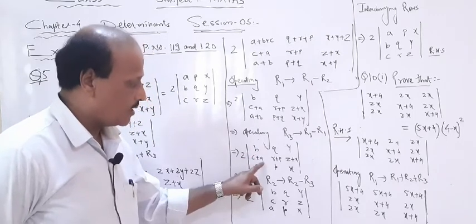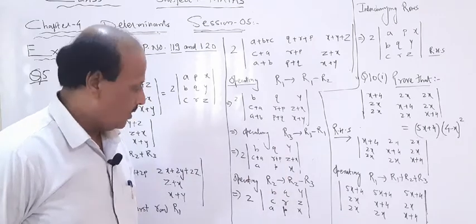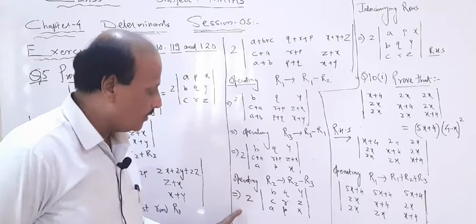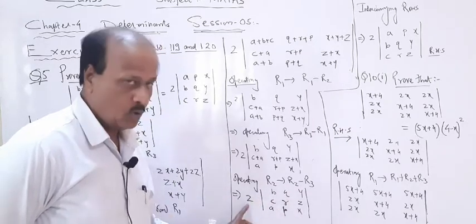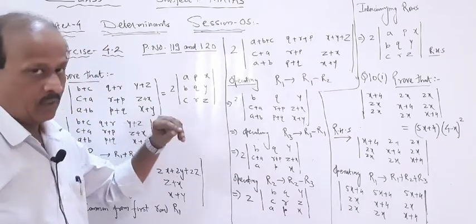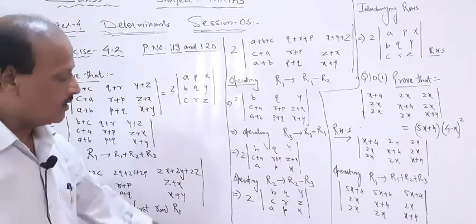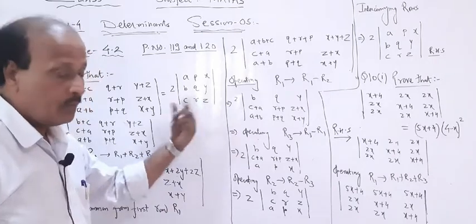So, A will be cancelled by A, P by P, X by X. So, now our second last step: the determinant will be in the form of BQY, CRZ, APX, with 2 multiplied in front. Then you keep your eyes on the right hand side, what you are supposed to prove. Your proof is not over. If they are asking you to simplify, then it is up to you. But they are asking you to prove something.